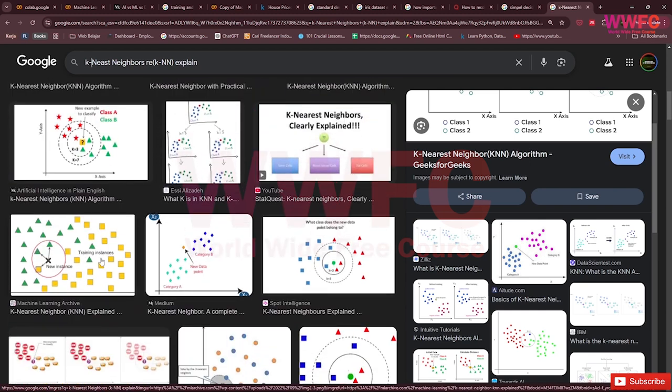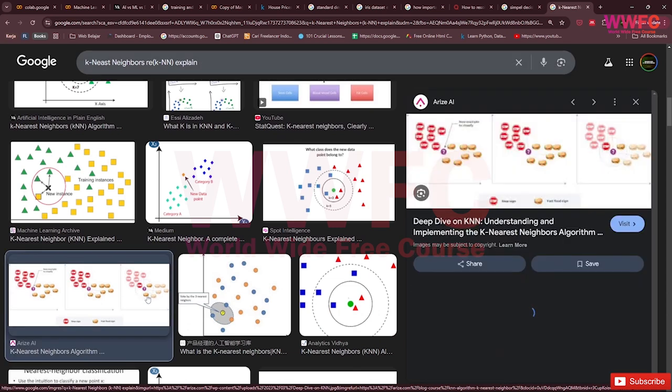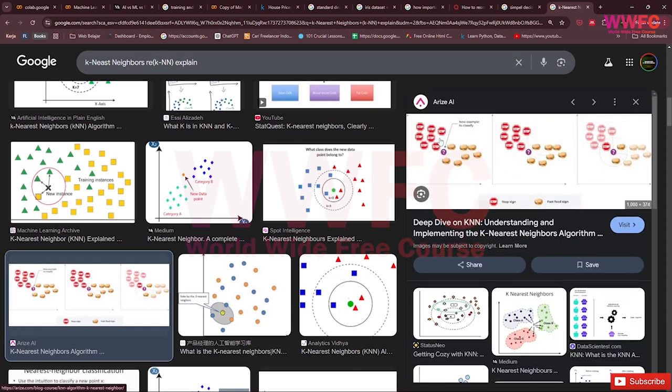Maybe you can see here, this is a stop sign and this is a burger, or maybe a fast food sign. This is the new example to classify. They give a random data point, then look at its neighbors. The neighbors are the stop sign and the fast food sign.